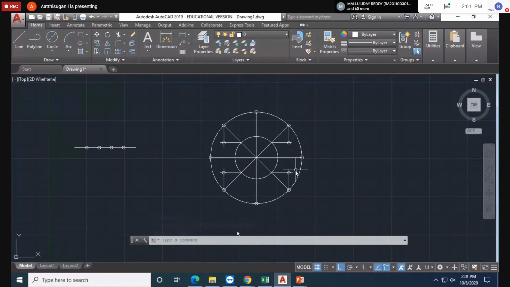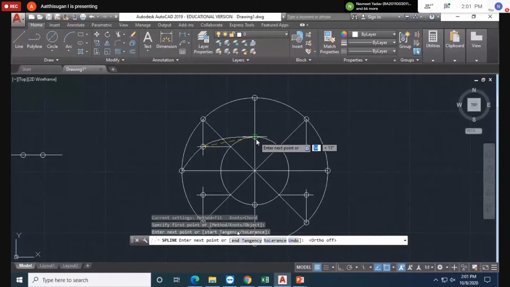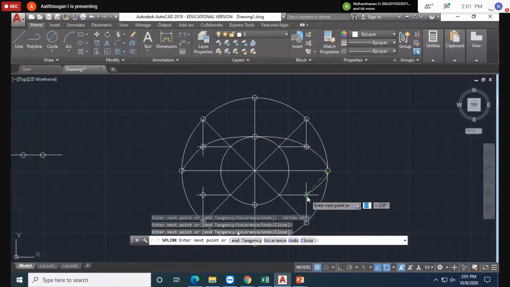This shape will come like this. The ellipse shape will come like this. I divided into only 8 equal parts; if we divide more, it will come more accurately. This also may be an intersection point. Now using the spline option, SPLINE. Start from here through the intersection points, through this point, through this point, through here, through this one, through this one, through this one, through here.